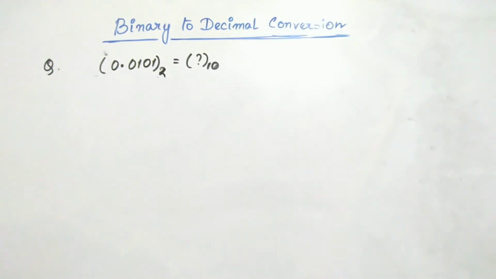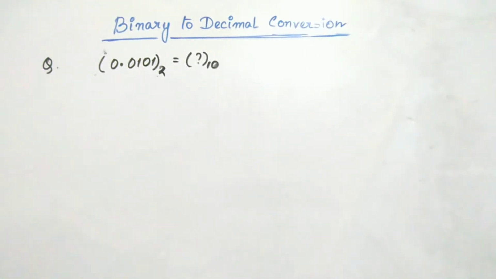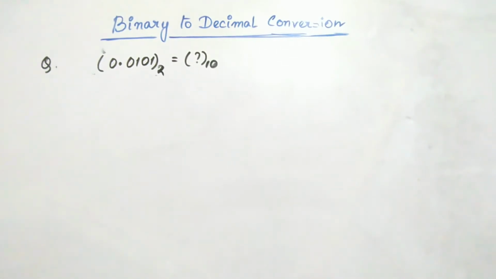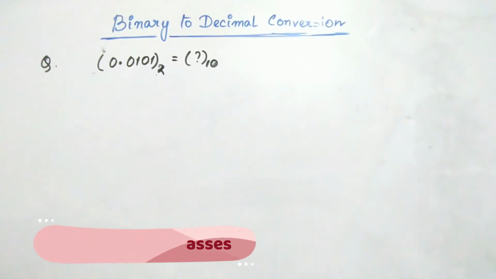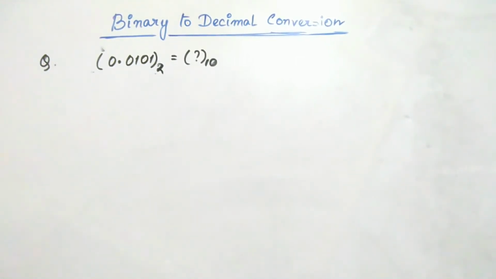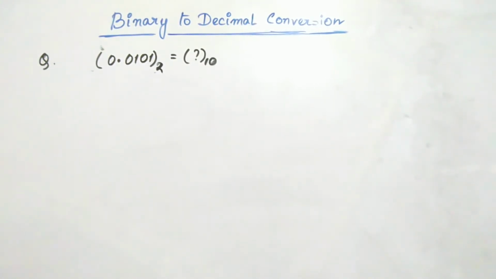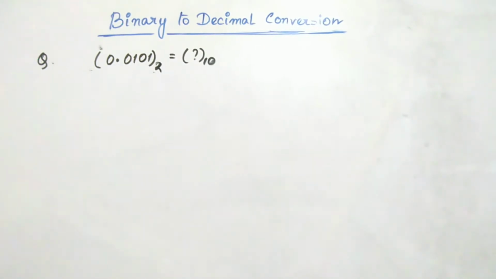So now moving on to our next part, here we are going to convert again a binary number into its equivalent decimal format, but here the binary number is given as a fractional number. Here we are given a fractional binary number, and a binary point is available. To convert this binary fraction into its equivalent decimal format, we will follow the same procedure: we put the positional weightage of each and every binary digit, then multiply with its positional weightage, and after that add all the multiplication results to get the decimal equivalent.